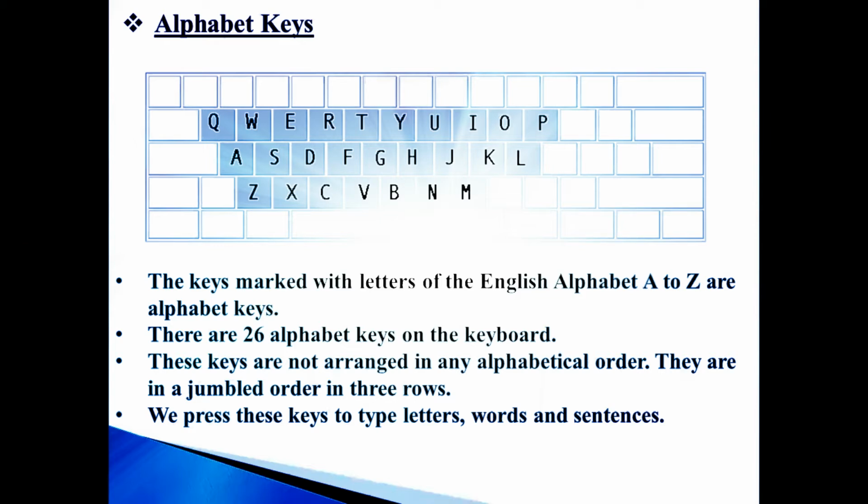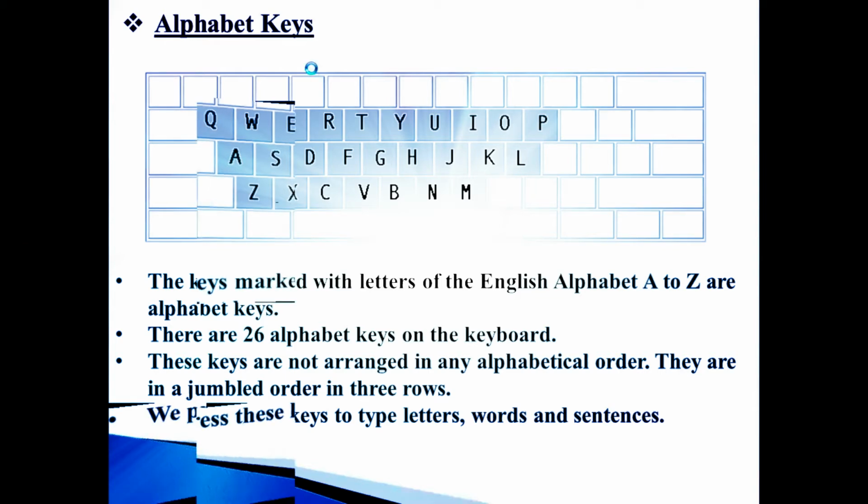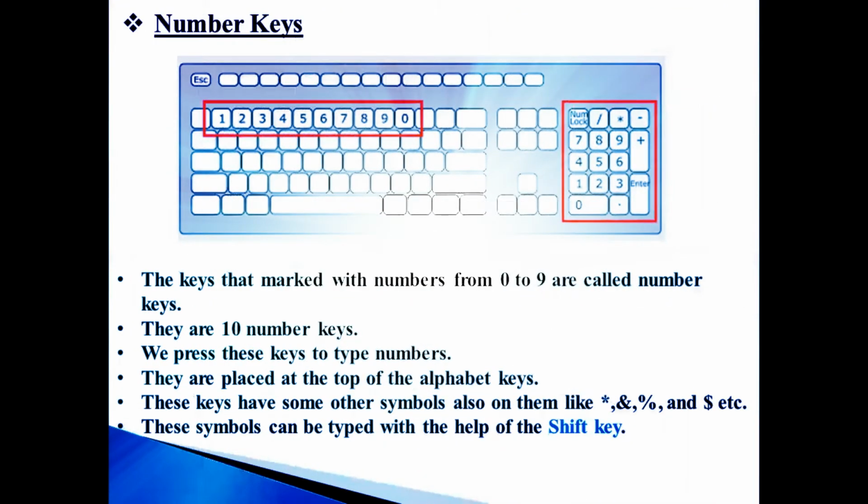Fine. So generally the keyboard is referred to as a QWERTY keyboard, because the first row consists of these letters, and that's why we often call the computer keyboard a QWERTY keyboard. And you all can see that they are presented in three different rows. Alphabetic keys are used for typing words, sentences, or paragraphs.